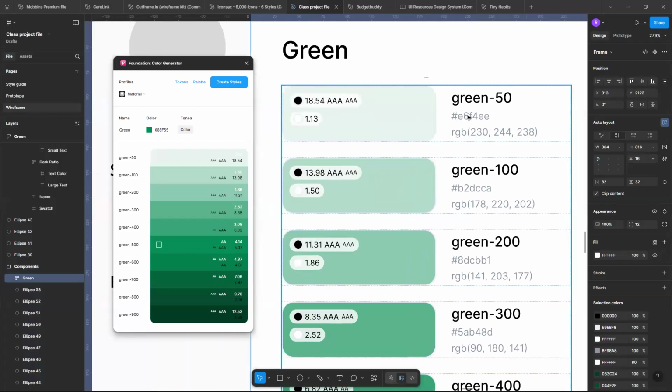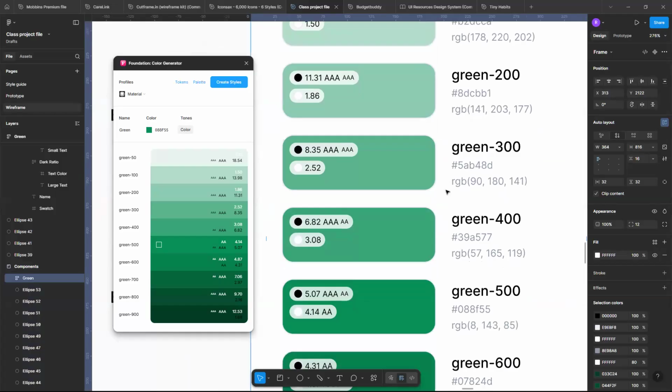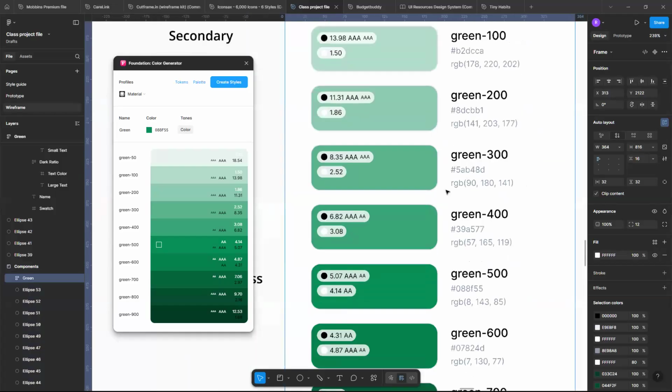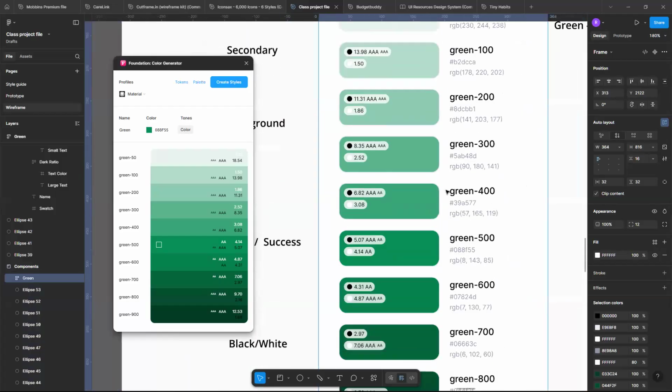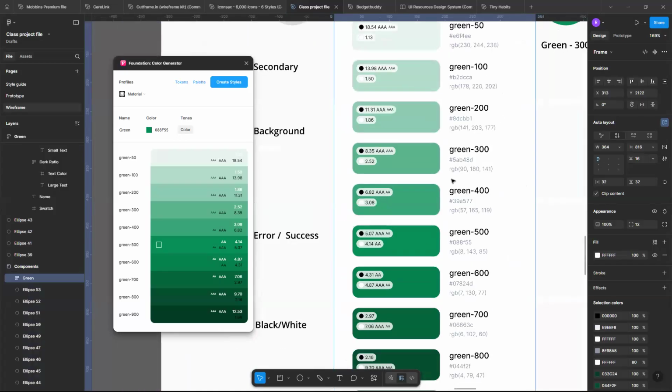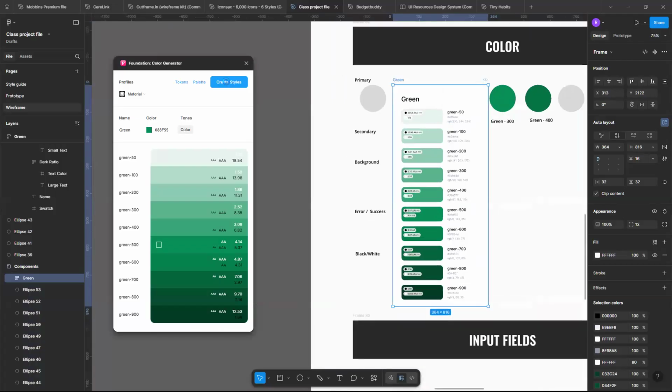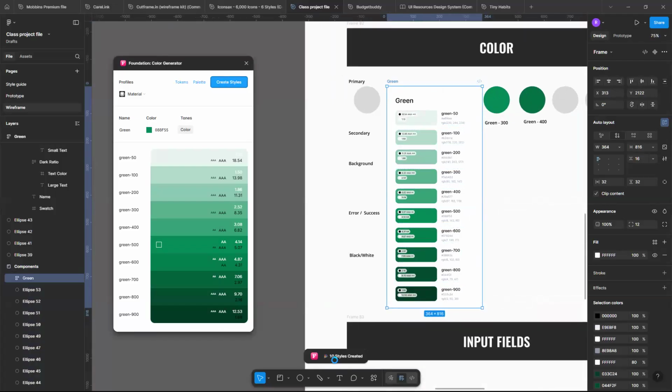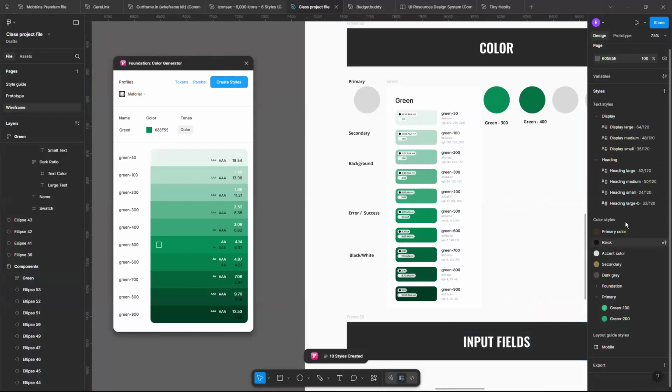You're going to see the hex code, the red, green, and blue, that's the RGB color scheme. So this is all the colors, right? It just gave me the colors as a palette. You can see there's a pop-up that says 10 styles created. And now if I go to my style section,